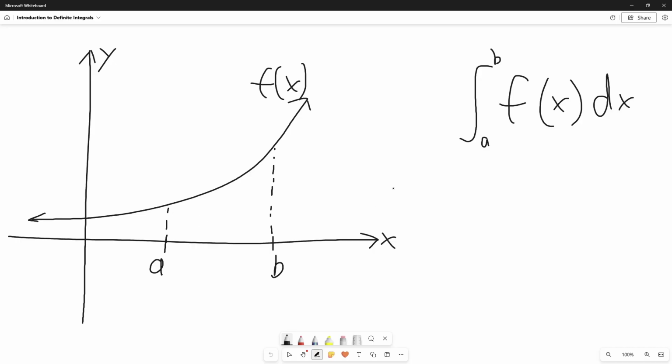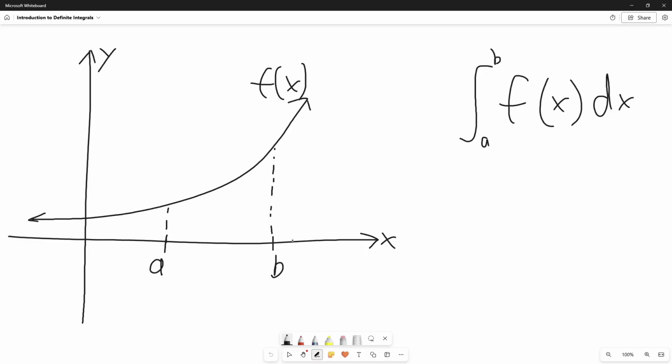the curve. And the notation for this is going to be this. This is going to be like an S with a, b, f of x, dx. And again, your a is your lower bound, the lowest value. Your b is the upper bound, your highest value. And you're trying to find the area between a and b. f of x is your function, and dx is just the change in x. This is how you notate